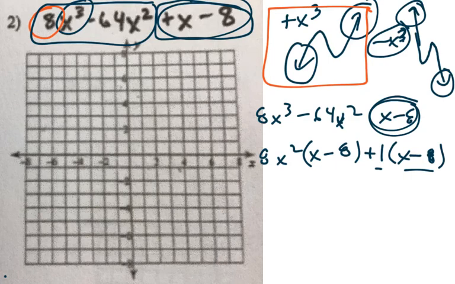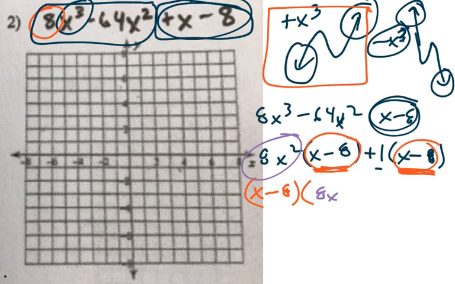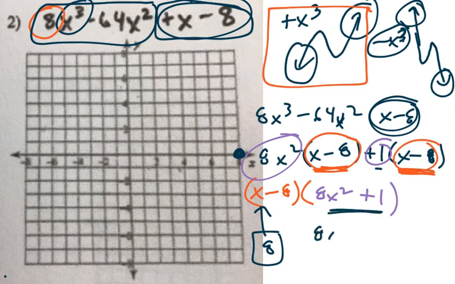So, why would I do that? Notice how both of them have a common factor of x minus 8. And if I factor it out, I'm left with 8x squared plus 1. Now, let's find our intercepts. What makes this 0 is real simple. Positive 8. So I can actually graph that right there. See my black dot there on my graph. But what's interesting is this right here. If I try to solve it for 0,